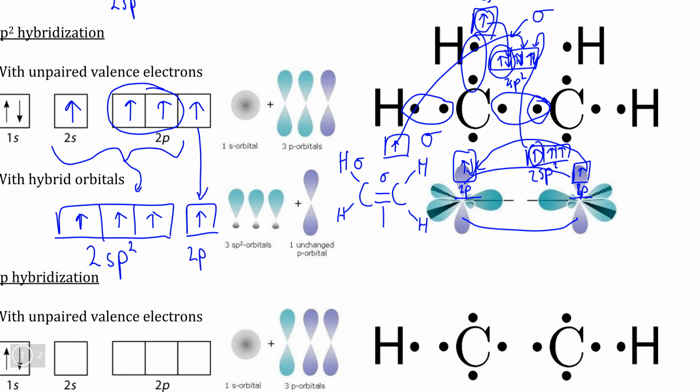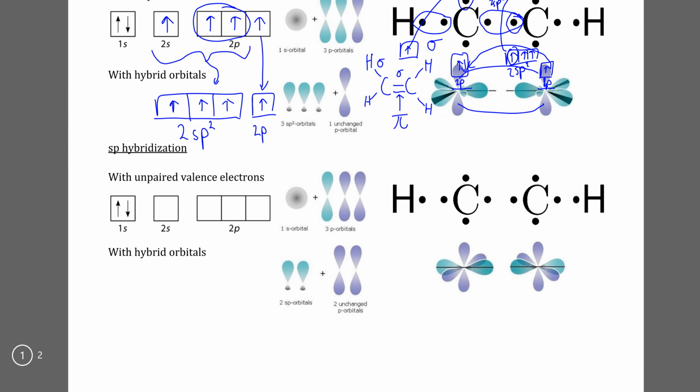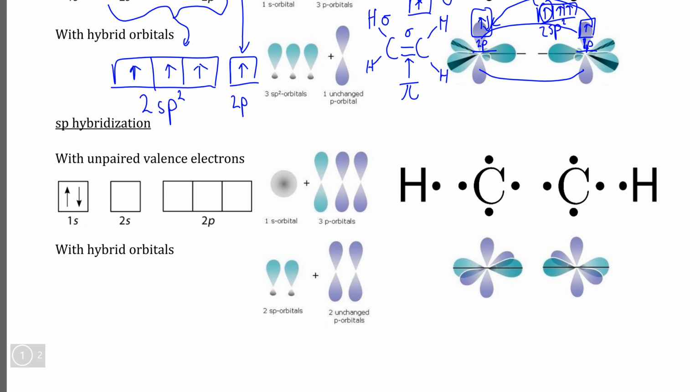This double bond here, for the first time, we are seeing a pi bond because, again, neither of these p orbitals here are hybridized. As expected, triple bonds work exactly the same way, except with slightly different hybridization. So if we start with our 4 unpaired electrons in the orbitals that are unhybridized, now with triple bonds, we